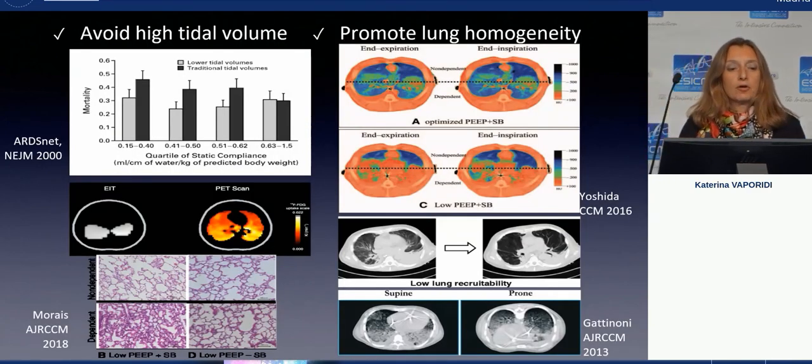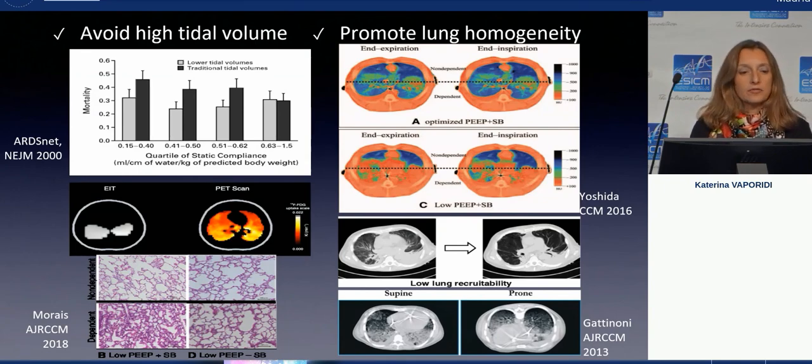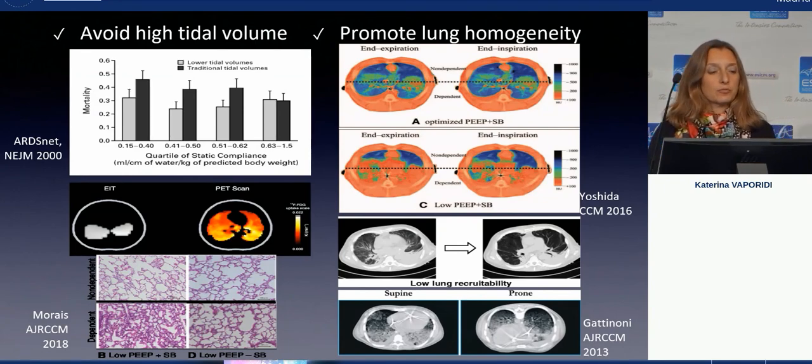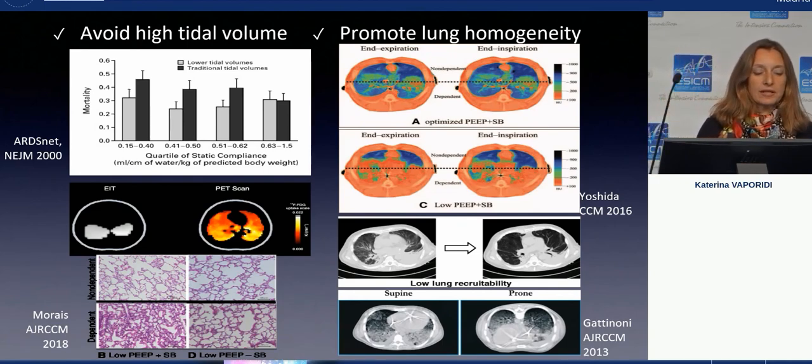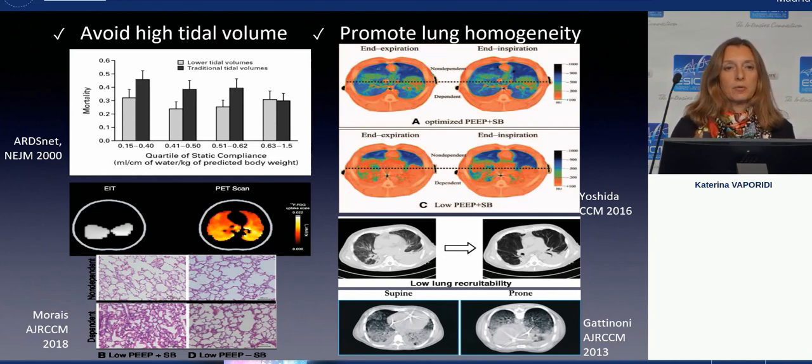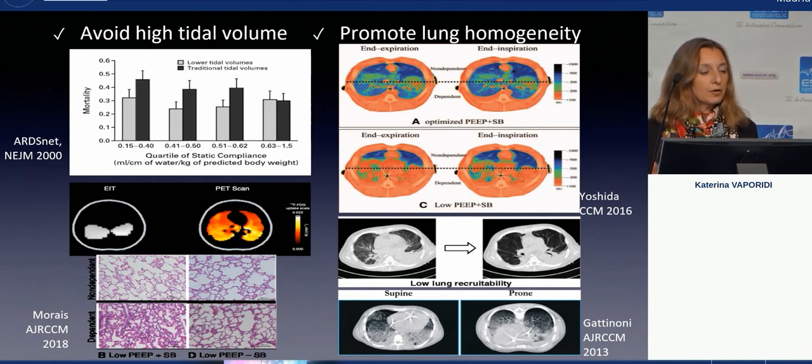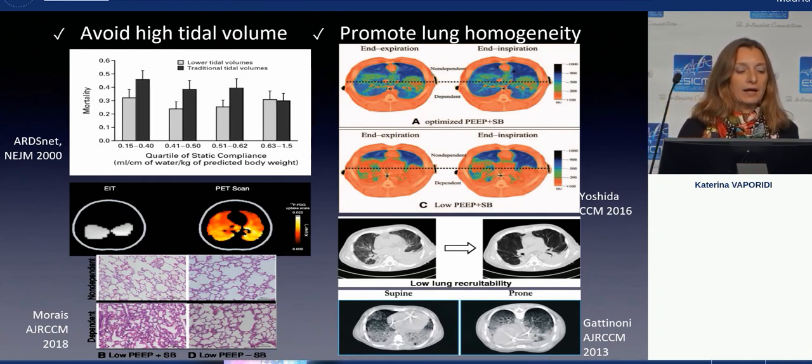Avoid high tidal volume. We've known for over 20 years now that it's better to ventilate patients with 6 ml per kilogram rather than 12 ml per kilogram. What we have learned more recently is that in a patient who is breathing spontaneously, when the tidal volume is relatively normal, strenuous breathing can divert the air within the lung to the more dependent regions and can cause injury,